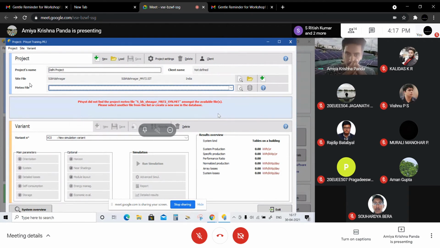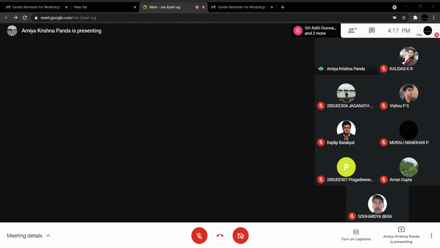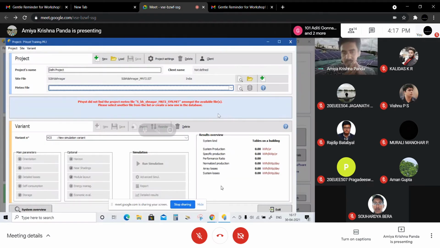And as per that specific site, this software will take the weather data from the database, right? Weather data means the meteorological data where solar radiation, temperature, wind speed, humidity details will be there.